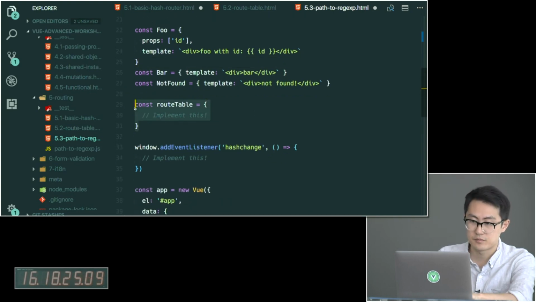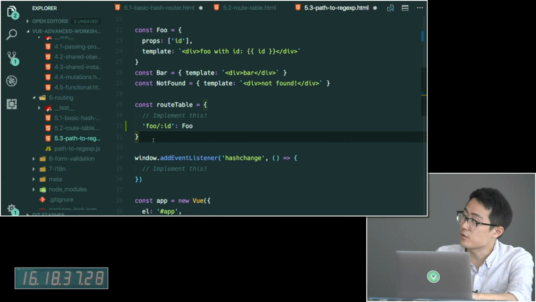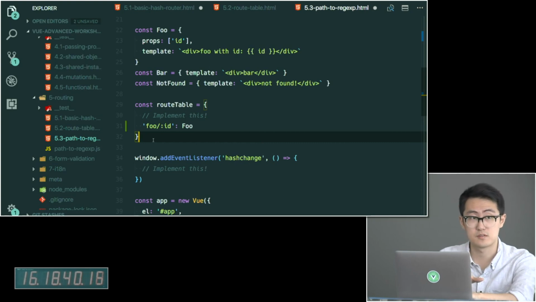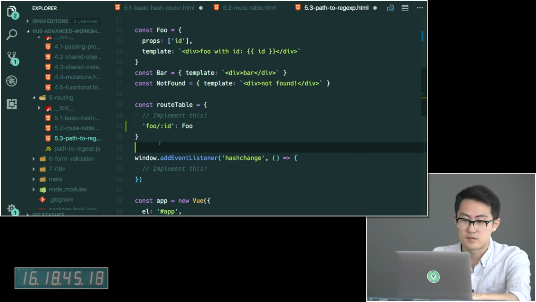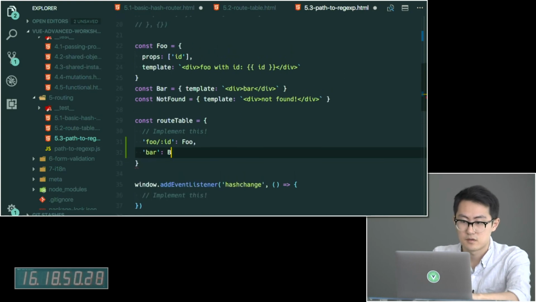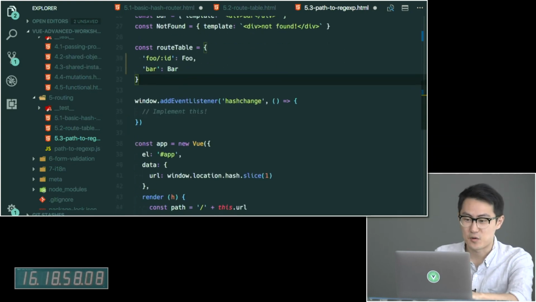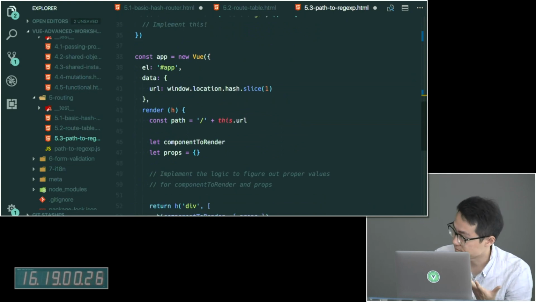And we still have the route table, the raw route table, that is. This raw route table essentially should look like this: foo ID, foo. So this route table is exposed to users. This is essentially our public API. You should not be implementing this. It's required to look like this. Okay, so our goal is we have an app here,